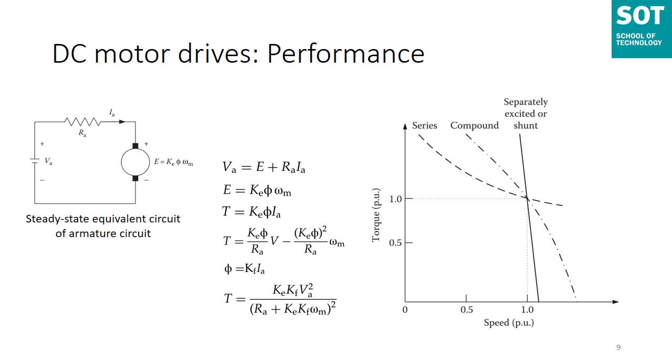They are not allowed to operate without the load torque with full supply voltage. Otherwise, what will happen? Their speed will quickly increase up to a very large value, as you can see from the equations. Another disadvantage is the difficulty of regenerative braking. The speed torque characteristics for series excited and separately excited shunt motors are also shown.